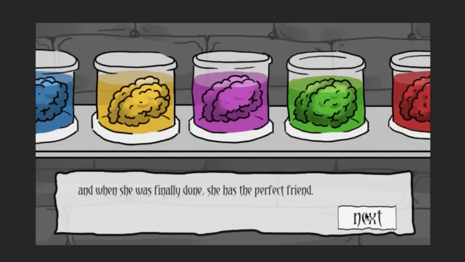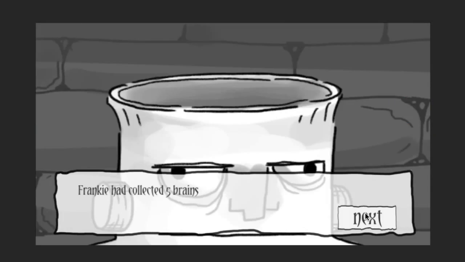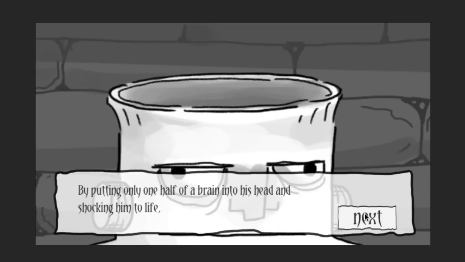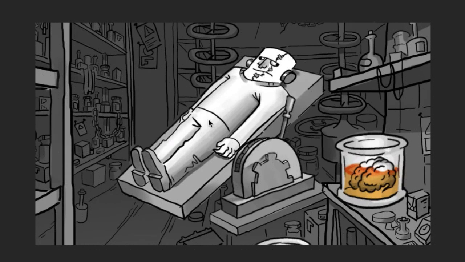And you have to do this using different brains, a combination of them. And there are 5 brains to choose from. And you can see here that Frankie is without a brain, so he's not fully created yet. And the whole point of this is to make a personality that's compatible with Frankie's. So what you see here is